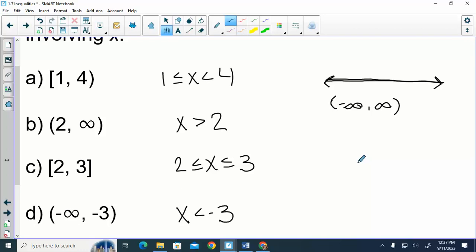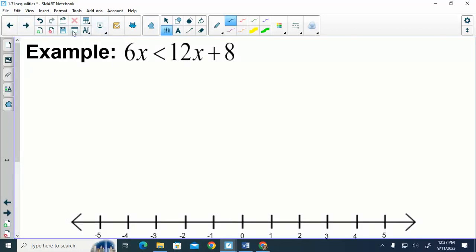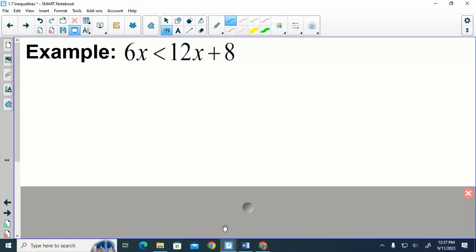Alright, let's start solving some inequalities. So solving an inequality is just like solving an equation, except if you multiply or divide by a negative, what happens? Flips the sign. Okay. So if I'm trying to solve for x here, I can subtract my 12x. Divide by -6, which would flip the inequality. So we get x is greater than